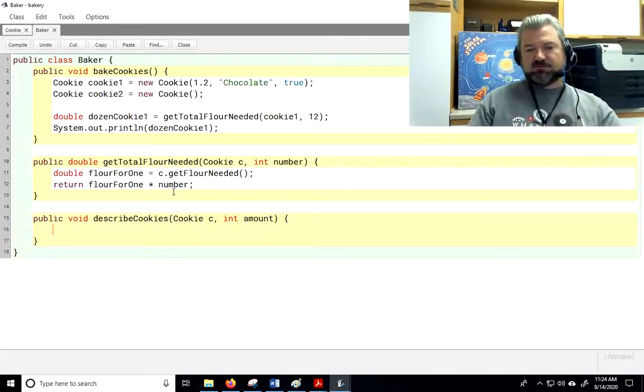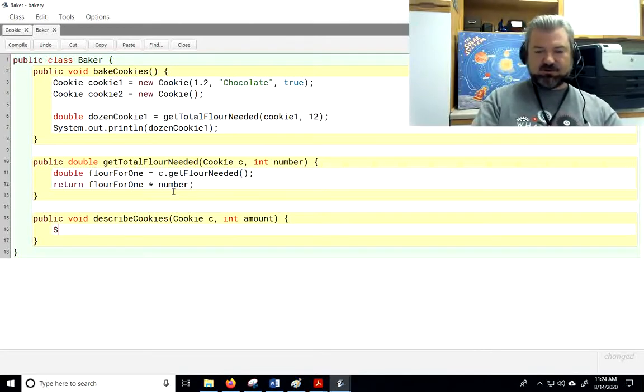All right, so describing the cookies. How are we going to describe it? Well, first of all, instead of returning it, I'm going to print it. So we're going to use a System.out.println that will immediately print it to the console for people to see. And I'll say, we are baking how many cookies? Amount, the parameter amount, of,